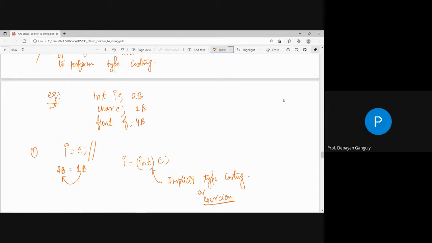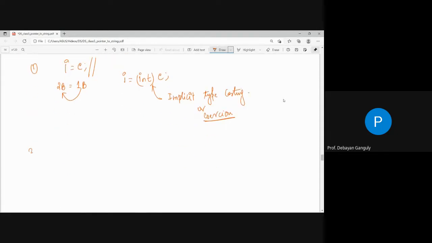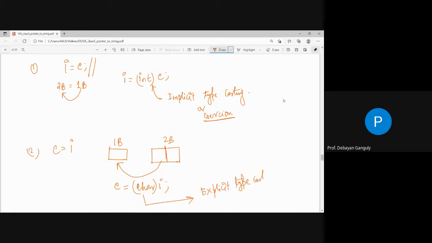COERCION, দ্যাট ইজ এ টাইপ কাস্টিং। বাট এবারে উল্টোটা যদি করি, তার মানে আমি যদি C ইকুয়ালস টু I করি, তাহলে বুঝতেই পারছো যে C এর লোকেশন হচ্ছে 1 বাইট, ইন্টিজারের লোকেশন হচ্ছে 2 বাইট, তাই 2 বাইট লোকেশনকে 1 বাইটে আমি অ্যাসাইন করতে পারবো না, তাই তো? তার মানে একটা সার্টেন পোর্শনসকে আমার ডিসকর্ড করতে হবে। তখন আমায় c is equals to ক্যারেক্টার I এইরকম ভাবে আলাদা করে এক্সপ্লেন লিখে নেওয়া, এটাকে বলা হচ্ছে এক্সপ্লিসিট টাইপ কাস্টিং।